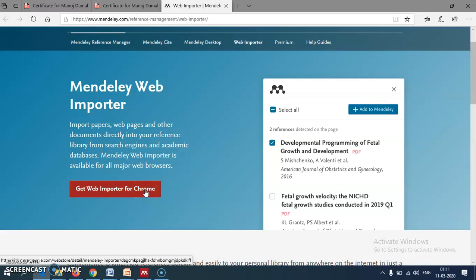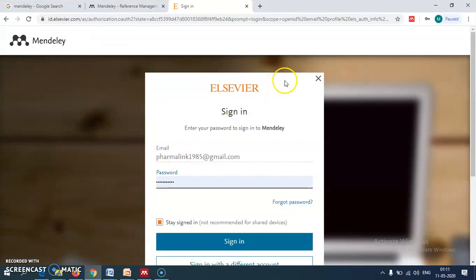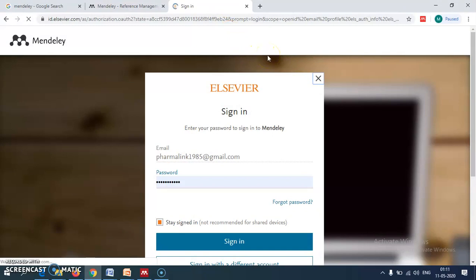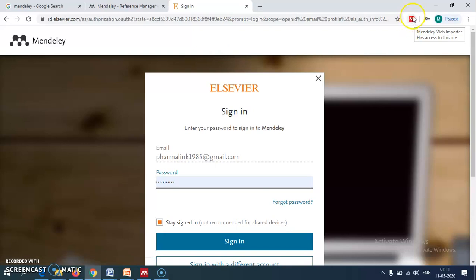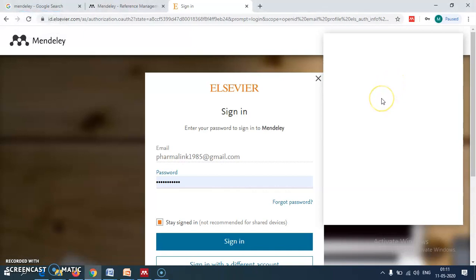If you just click on this link, it automatically installs the plugin. Once it installs the plugin to the browser, in the right hand corner we will get this kind of icon. This is the Mendeley icon. This means the web importer has been installed to your browser.